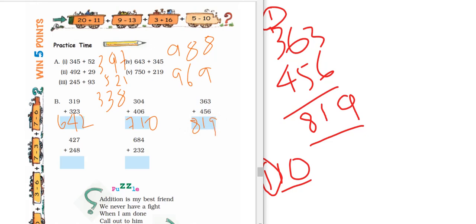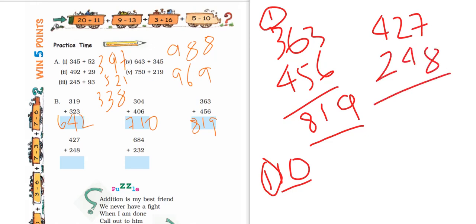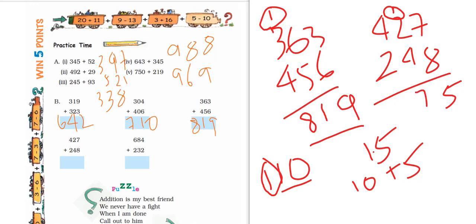819. The next one is 427 and 248. So you have 7 ones and 8 ones for a total of 15 ones. 15 ones is 10 and 5 ones, right? Put down the 5 ones in the ones column, carry forward the 10 to the tens column for a total of 7 tens. 1 plus 2 is 3, 3 plus 4 is 7. And 400s and 200s is 600s in all. So you get